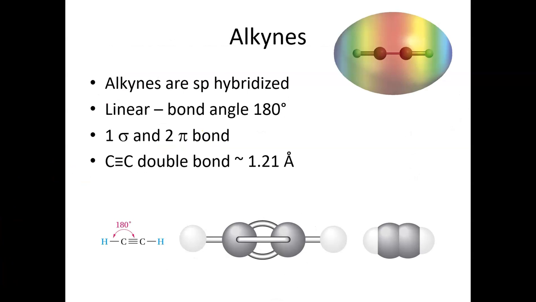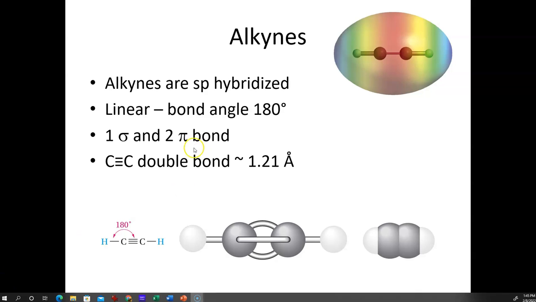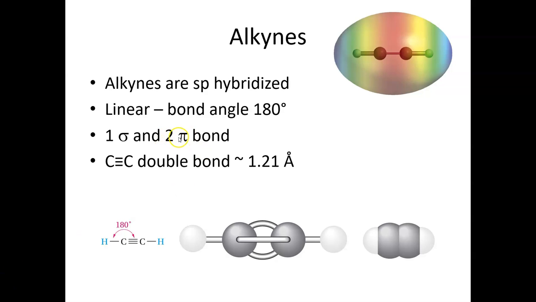We're going to move on to alkynes, and they're very similar to alkenes, except we have to unhybridize one more p orbital in order to generate another bond. So here we have the 180-degree bond angles, so they're linear. We have a single sigma bond and two pi bonds, and those two pi bonds are from two sets of